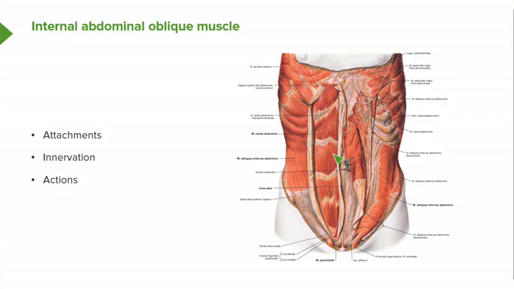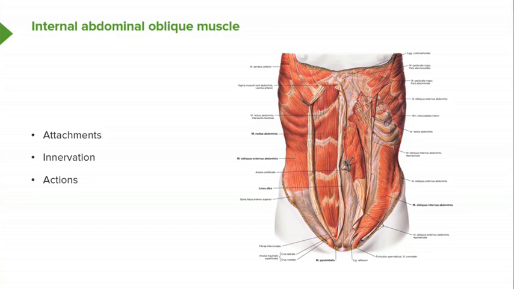The attachments of the internal abdominal oblique, more posteriorly and out of view here, would be to the thoracolumbar fascia. It also will have a point of origin from the iliac crest, and it is going to attach for its point of origin along the inguinal ligament, and the inguinal ligament is formed by the aponeurosis of the external abdominal oblique. Its insertion points will be to the inferior ribs, and we're looking at the inferior 3 or 4 ribs,